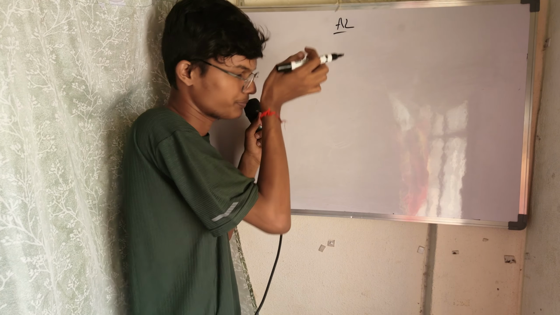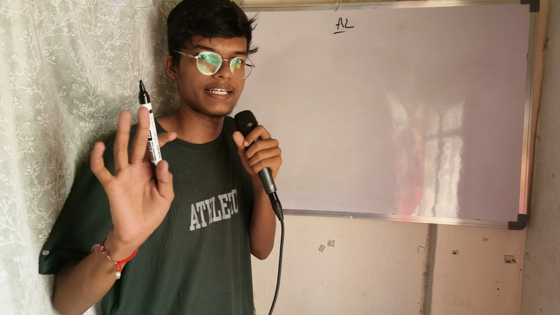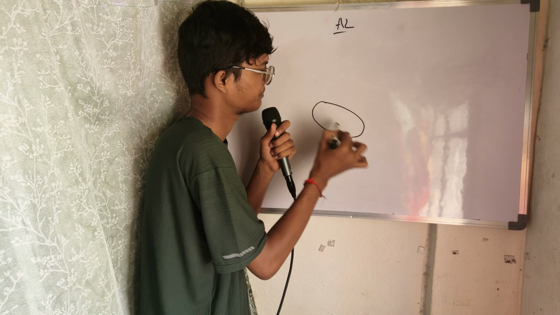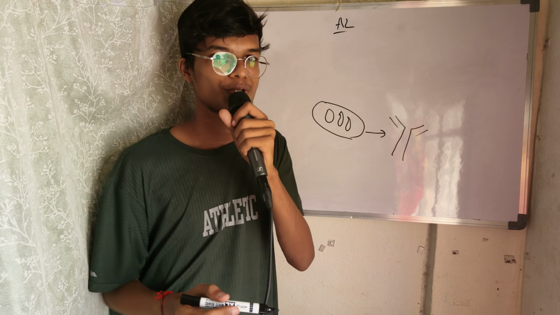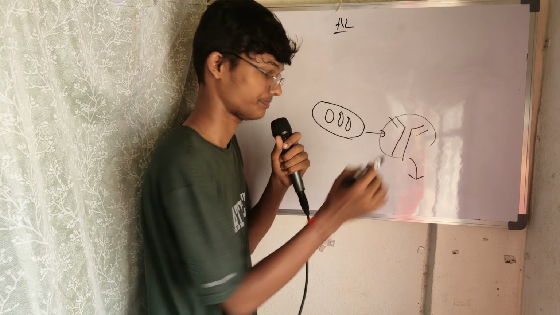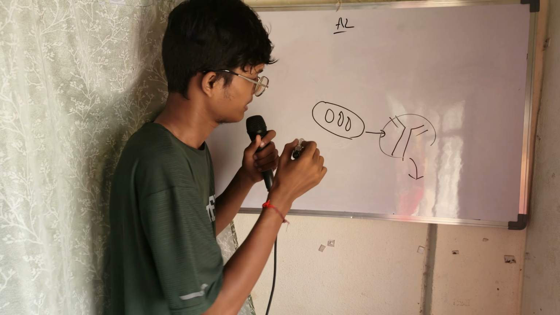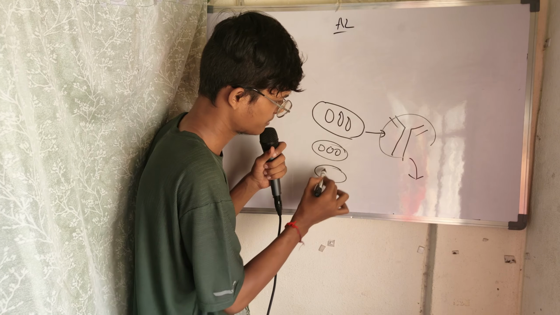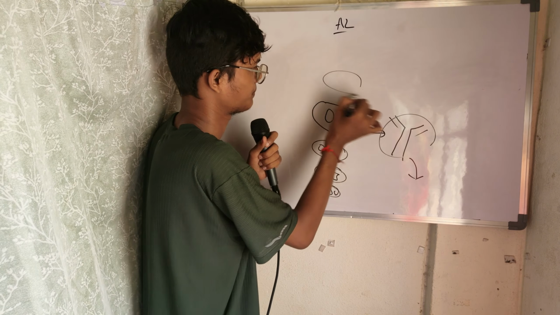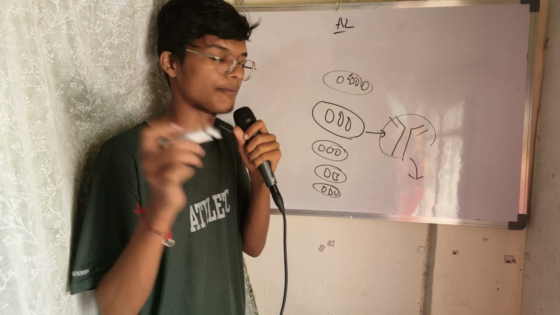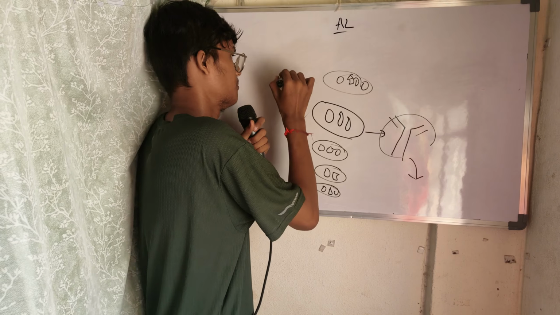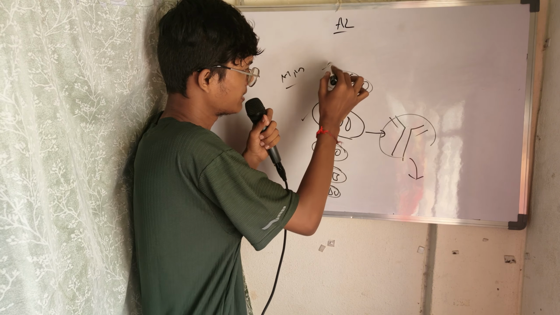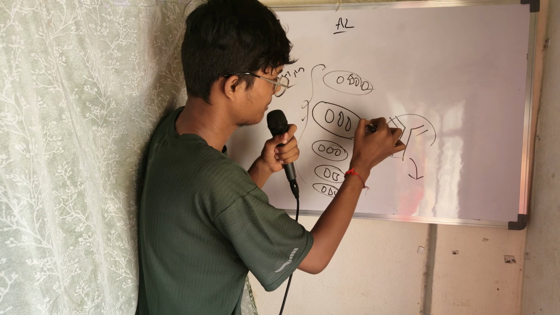In the AL type, before understanding it, we'll discuss one more thing. See, this is a plasma cell. What does the plasma cell produce? Immunoglobulins. What does immunoglobulin do? It takes part in immunity. After immunity, what is the fate of these? They will get degraded or excreted out. But in case there is excess proliferation of these plasma cells, many plasma cells are produced. Tell an example where clonal proliferation of these plasma cells will be there. It is multiple myeloma, for example. In multiple myeloma there is clonal proliferation of plasma cells, due to which many plasma cells are formed,